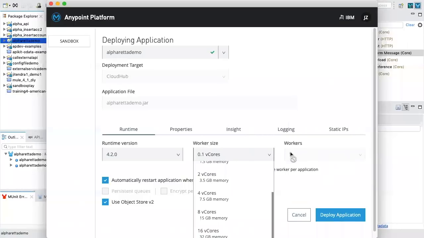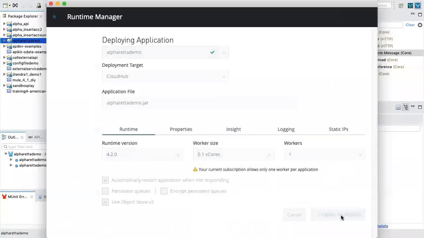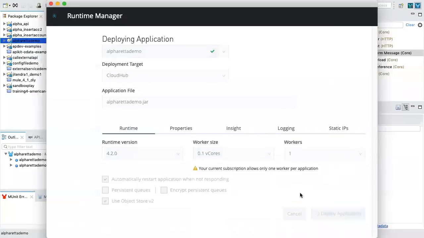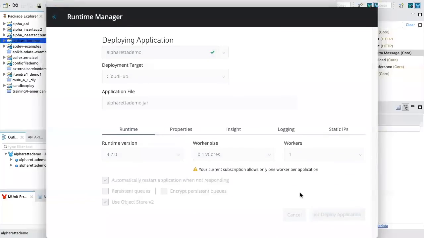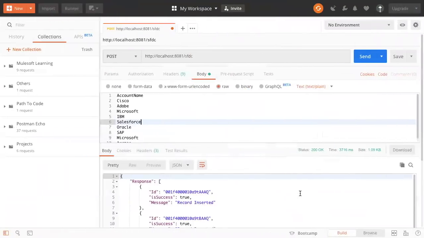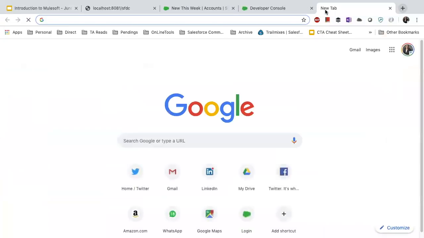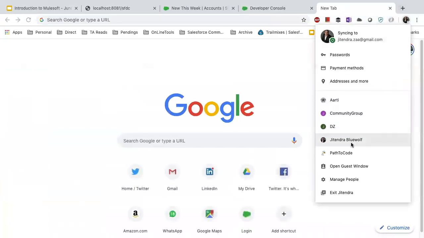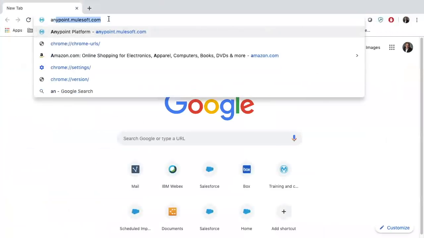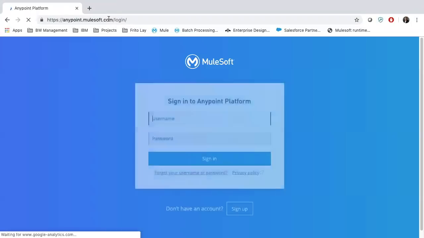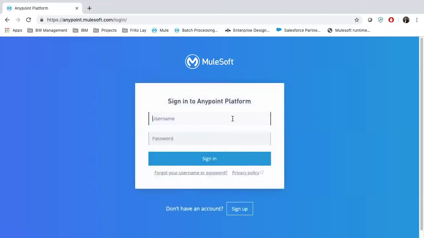Okay. So I clicked on deploy. And where can I log in to my Anypoint platform? I have to go to anypoint.mulesoft.com.